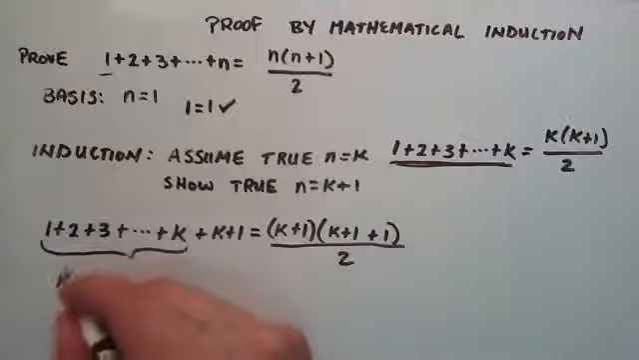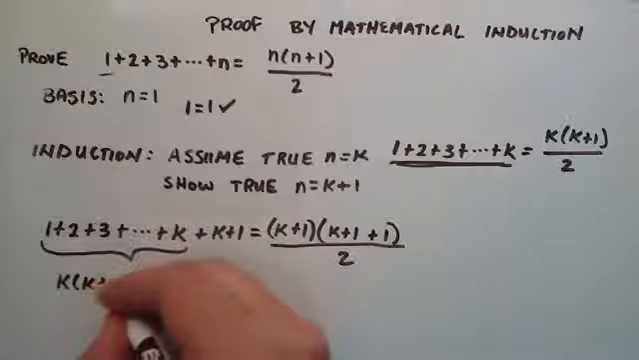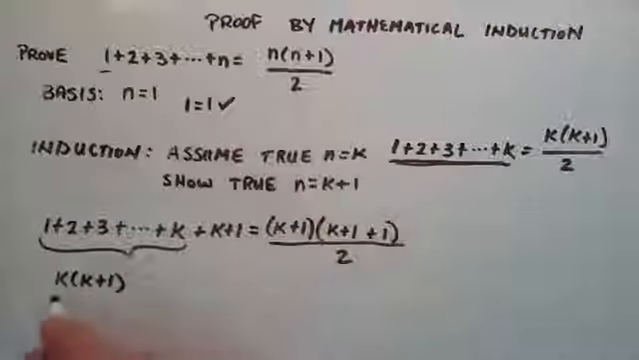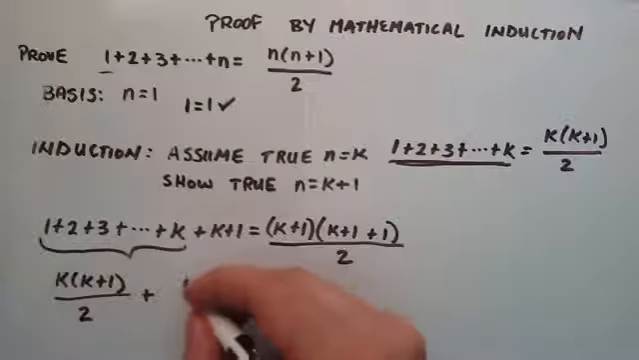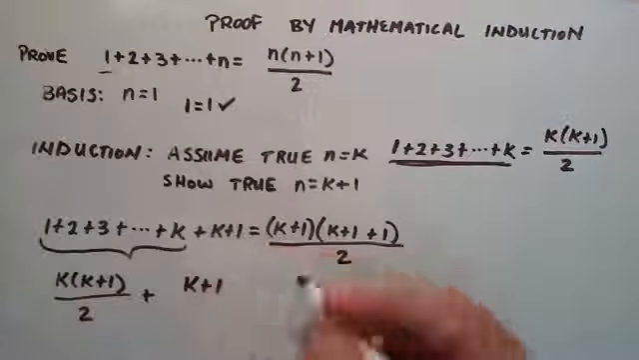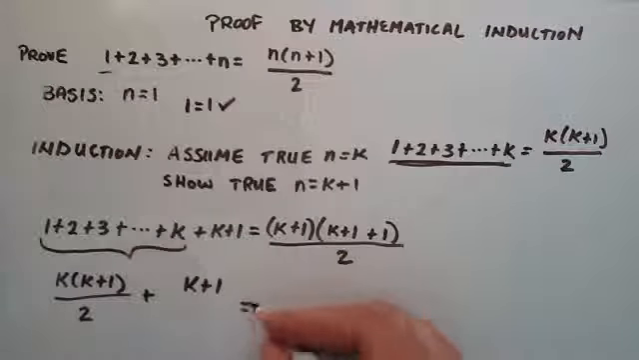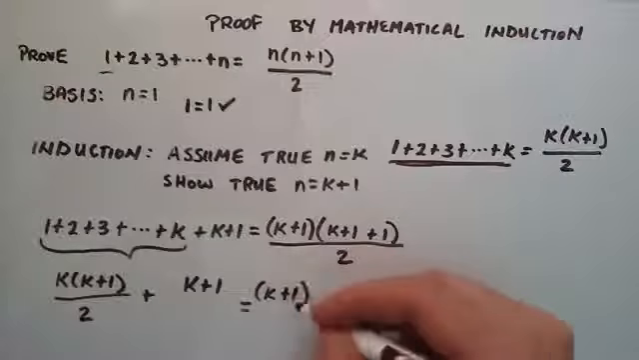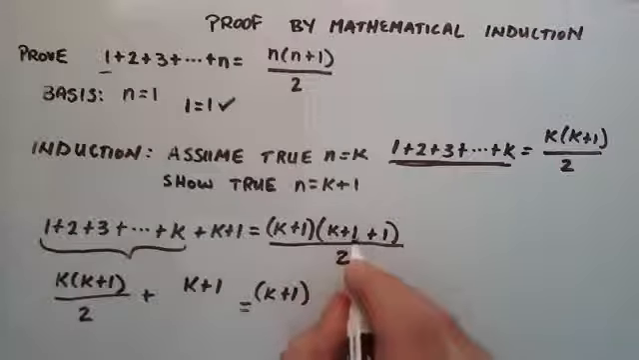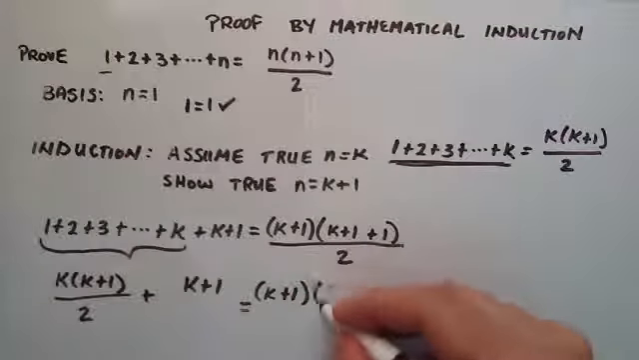So this becomes k times k plus 1 divided by 2, and then we add that to the k plus 1 over here, and then we're just going to check, is that equal to k plus 1, and then here this is really k plus 1 times k plus 2